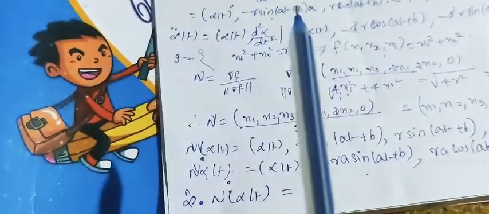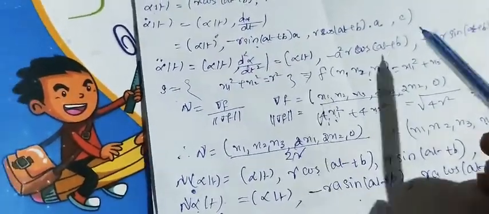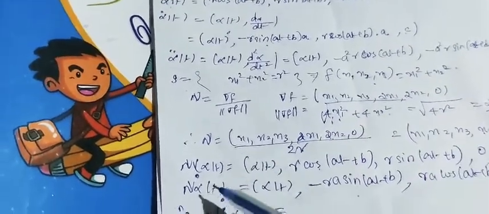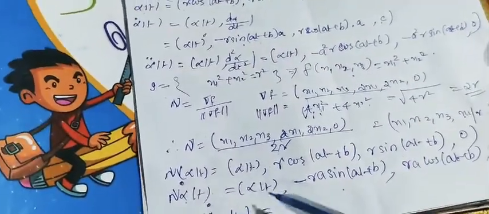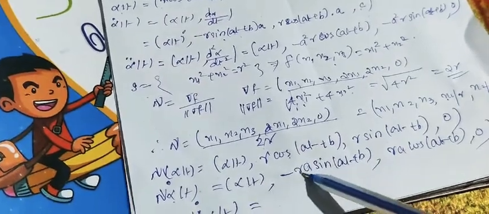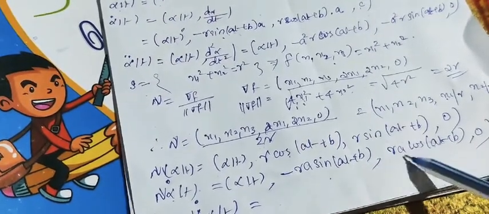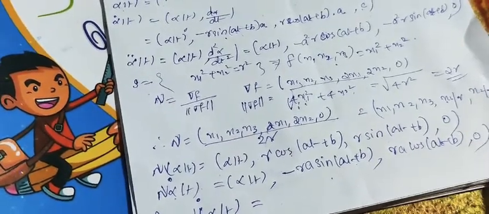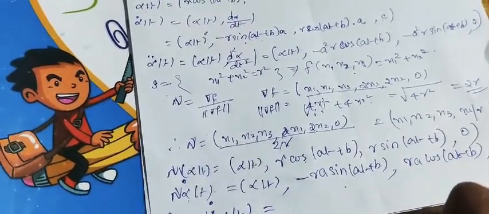Alpha of t comma this one, minus r sin of at plus b, a, r cos of at plus b, comma c. So this is alpha dot of t, and n of alpha dot of t is alpha of t comma minus r a sin of at plus b, r a cos of at plus b, comma 0. So alpha dot with this one is